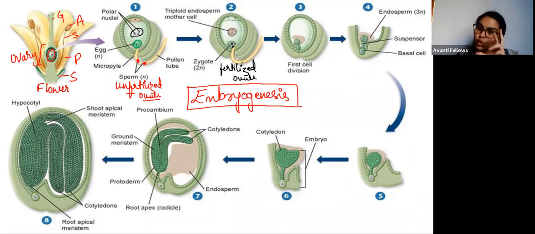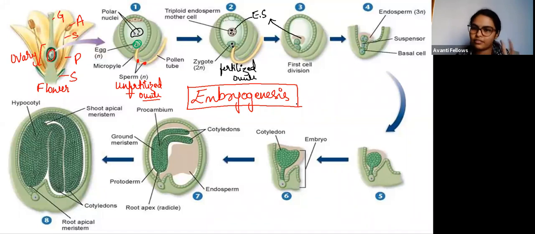After the fusion of nuclei, there will be the formation of ploidy. We have seen this in the last classes, right, about ploidy. And here you can see the three nuclei. That means two from the female and one from the male, and it will give rise to the endosperm. Now, see, endosperm has to start developing first. After the endosperm starts to develop, the embryogenesis will start. It always happens like this, beta. So this is your endosperm.